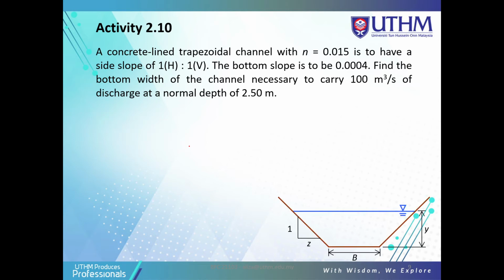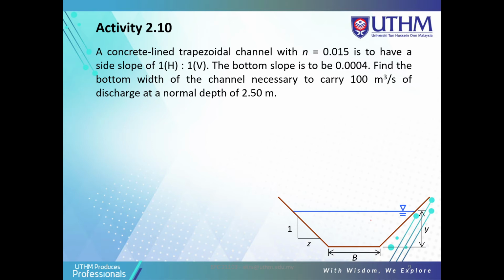So this problem mentions a trapezoidal channel with n of 0.015 that has a side slope of 1 horizontal to 1 vertical. So z is 1. The bottom slope is 0.0004. Find the bottom width of the channel necessary to carry 100 meter cube per second of discharge at a normal